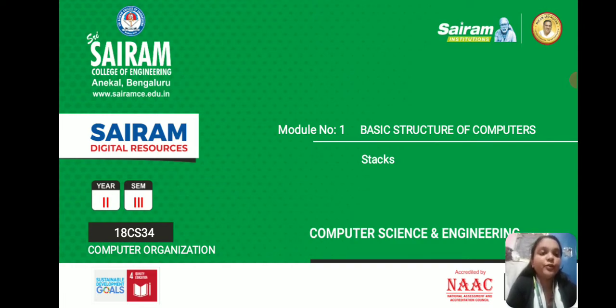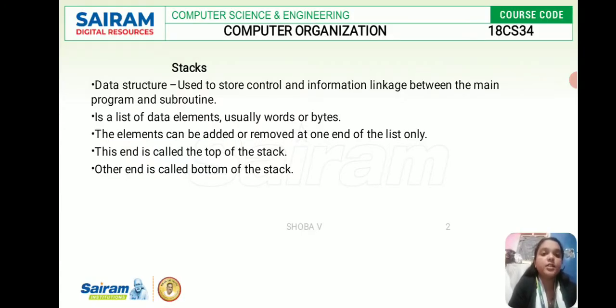Here we have two types of stacks: one is the register stack and the other is the memory stack. These we will discuss, and we also need to know the applications of the stack. We can evaluate arithmetic expressions and use reverse Polish notation. The best examples of a stack are train coaches and the arrangement of books. The last item is going to be retrieved very first.